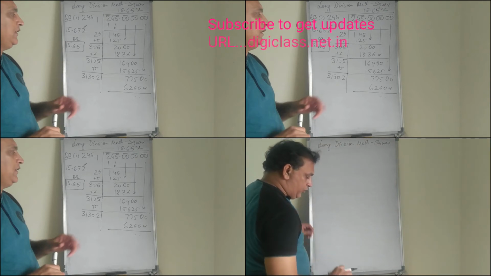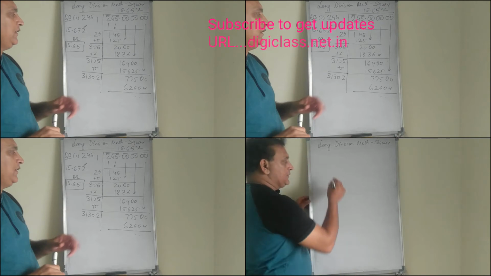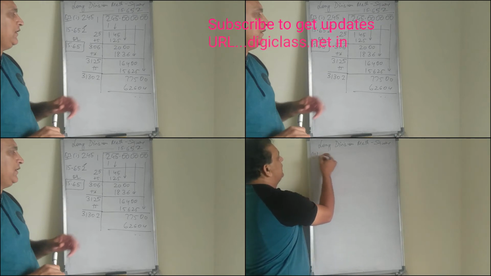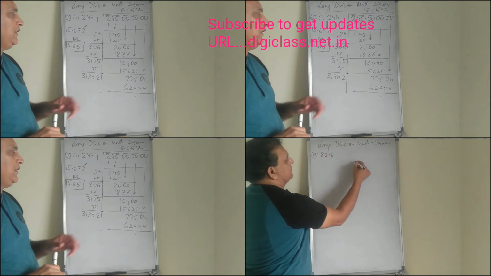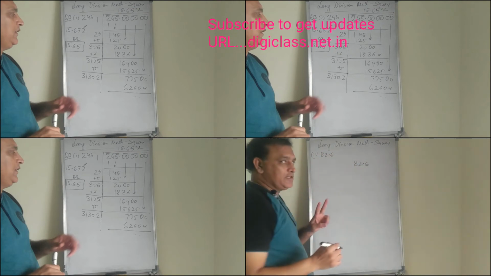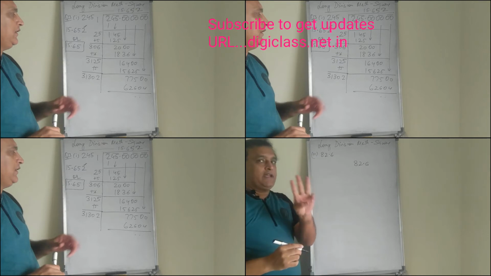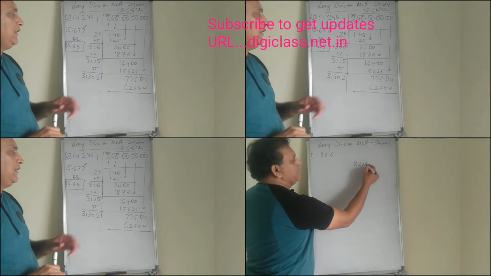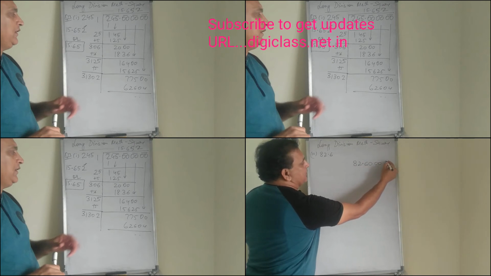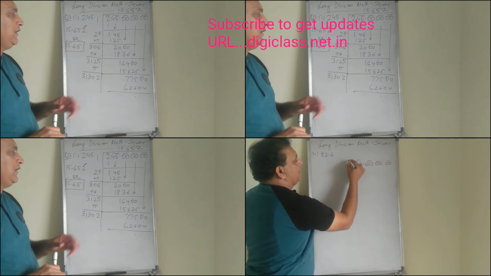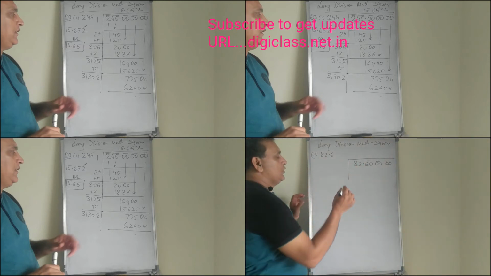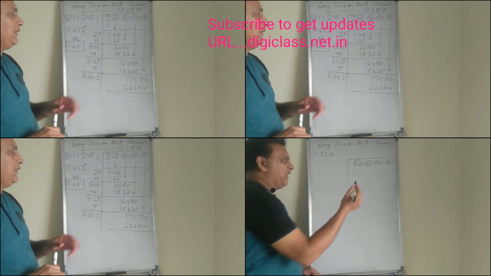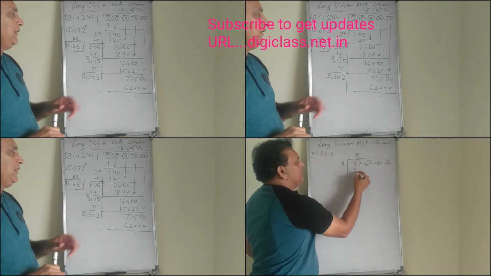This is 82.6, correct to 2 decimal places. So third part, 82.6. Up to 2 decimals, as I said, you have to take 3 pairs after the decimal. So for the first pair we add 0, 1, so it becomes 60, then second pair, then third pair. So 3 pairs we need after the decimal, right? So first digit is 82, so 9 nines are 81, simple. 1 is remainder, then we'll take 6 after the decimal.